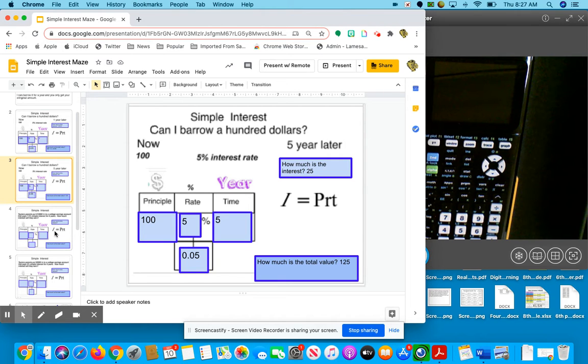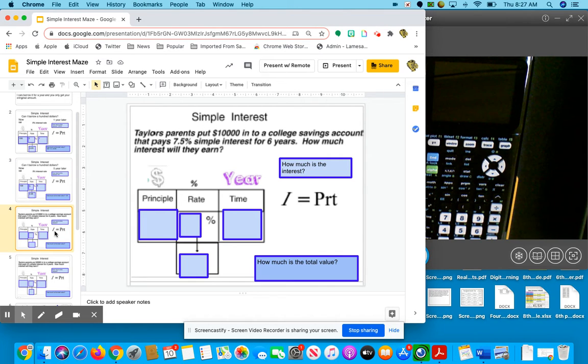And so if you take a look at slide 4, it says Taylor's parents put $10,000 into a college savings account that pays 7.5% simple interest for 6 years. How much interest will they earn? And so our principal, of course, is our money. So I'm going to put 10,000. Our interest was